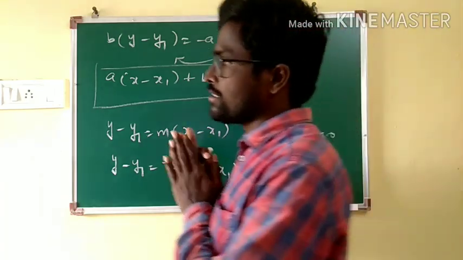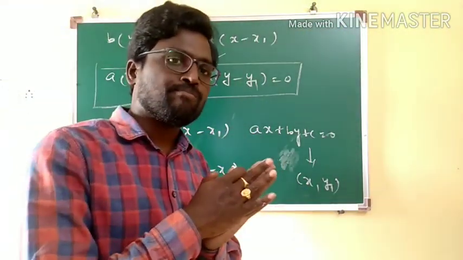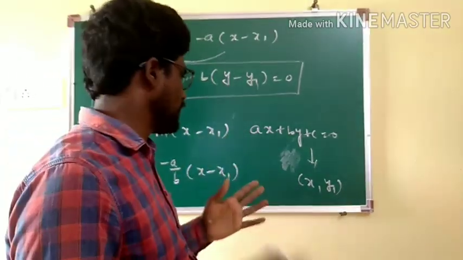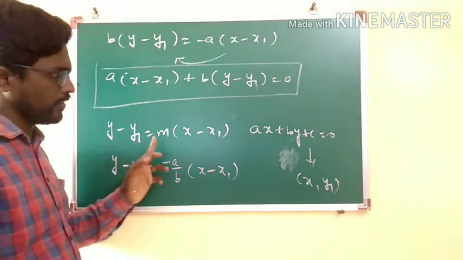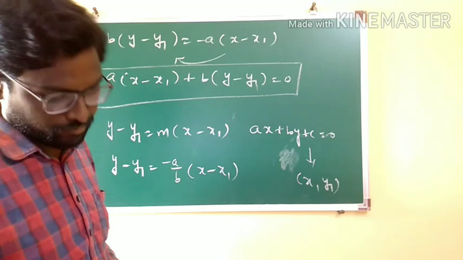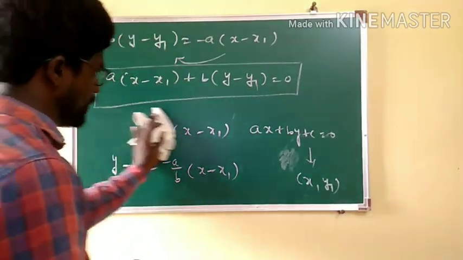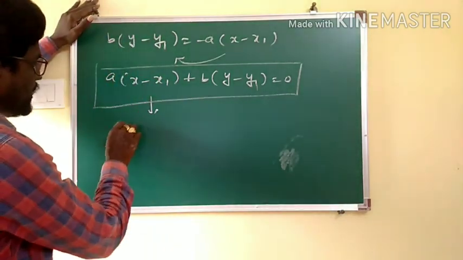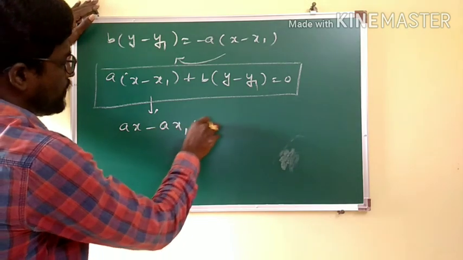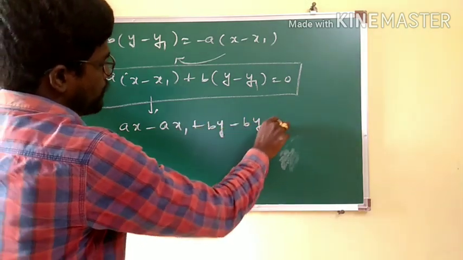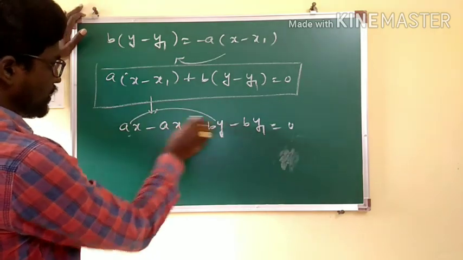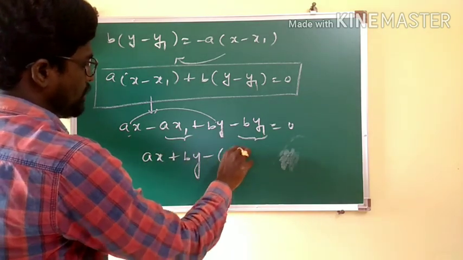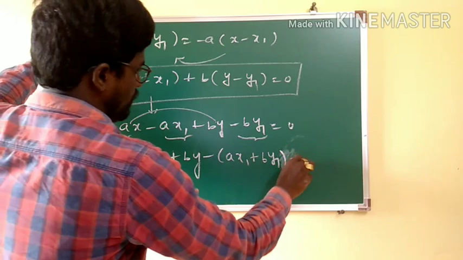Otherwise, if you can't remember this, simply take the slope of the given line and use the same slope for the required line, and also take the given point, and then use the standard formula y minus y1 is equal to m into x minus x1. Now you notice a special point here: on simplifying this line equation, you will get the standard form like this: ax minus ax1 plus by minus by1 is equal to 0. So here I am just regrouping these two, ax plus by, and then regrouping these two, minus of ax1 plus by1 is equal to 0.